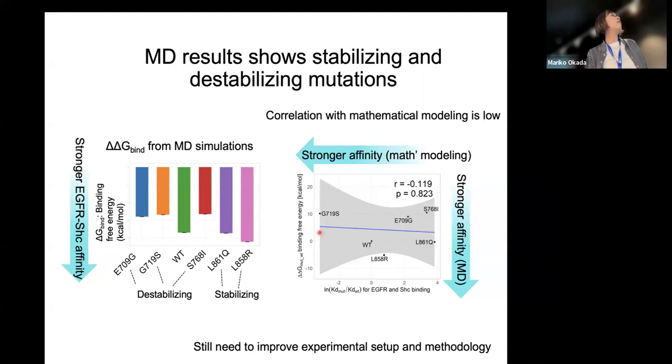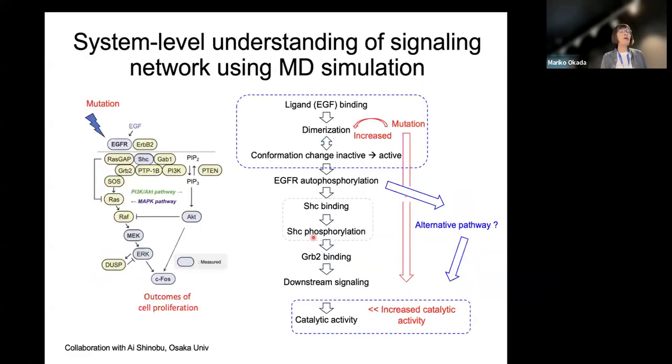So now we try to define the method of the free energy calculation, and also for the parameter estimation, we are trying to get more data to have a better prediction of the parameters in a mechanistic model. And what we want to do is, now we are working as a model,